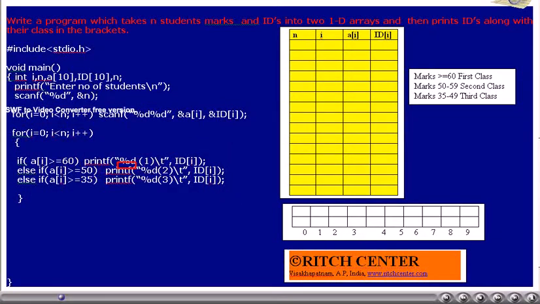This for loop is used to traverse the 1D array and take student marks one after another, and based upon his class, his identification number will be printed along with the class 1 or 2 or 3. The following screens explain how the data will be read into the 2 arrays one after another.